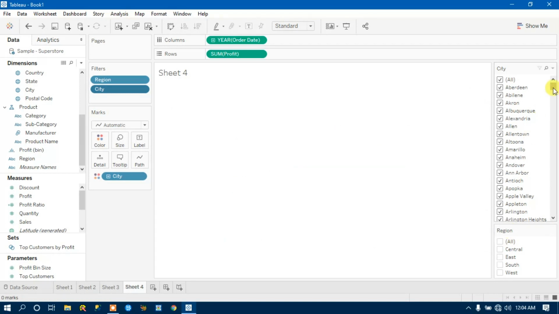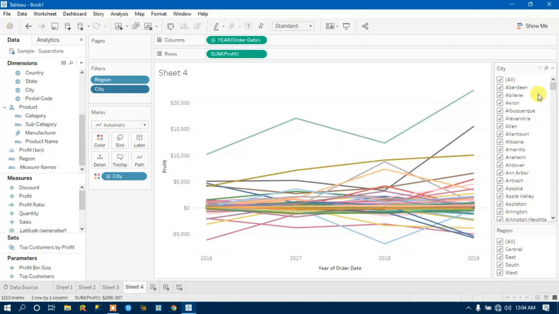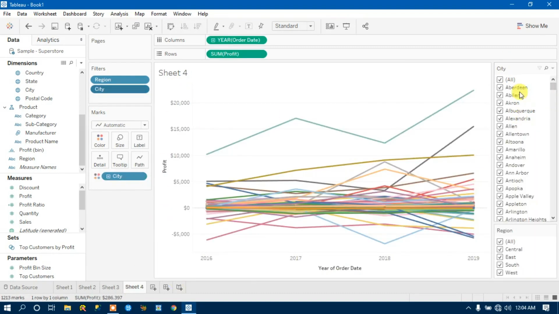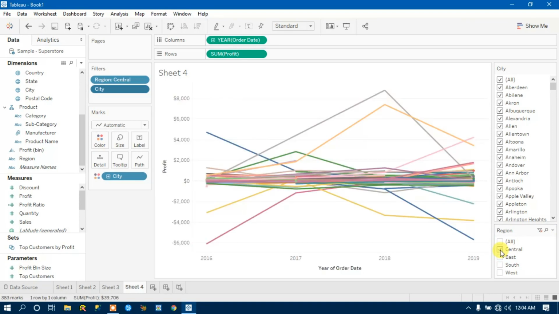I will show you how this relevant field works. See, these are the cities available in my data, 531 as per this visualization, right? If I click onto it, there are 531 cities. If I click on central, the visualization is showing me the central region, but the city filter is showing only the 531.